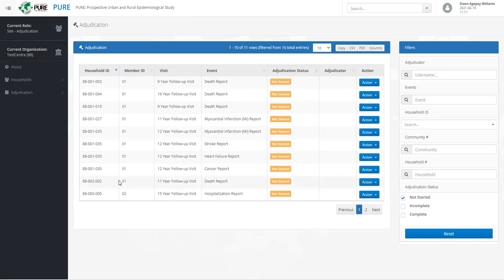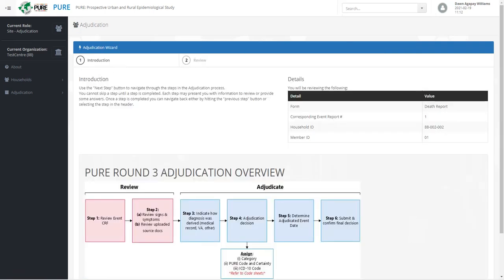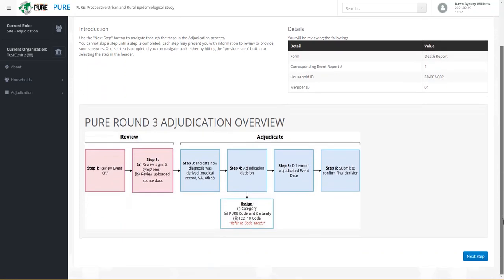So for this tutorial, we're going to go ahead and open this death report and work our way through the full adjudication process. So you're going to go over to Action, select Start Adjudication. Now every event will always open to this adjudication wizard. It's going to give you a few details of the event along with this overview flowchart of the process of reviewing the event and adjudicating. We're going to go to Next Step,